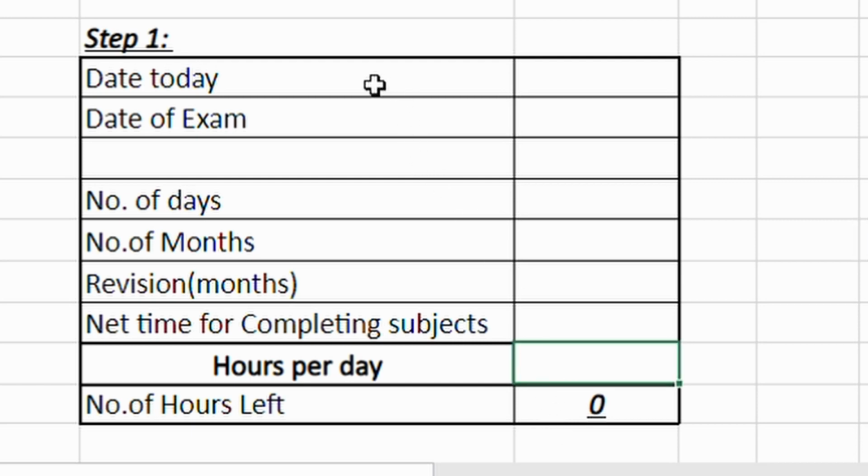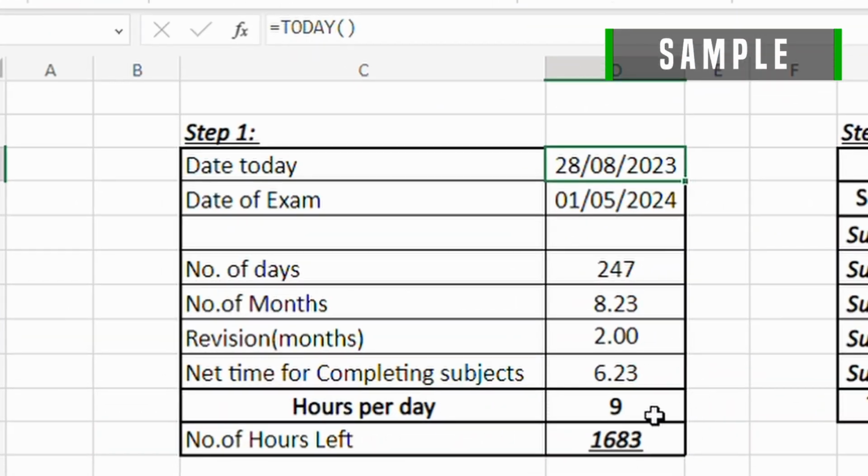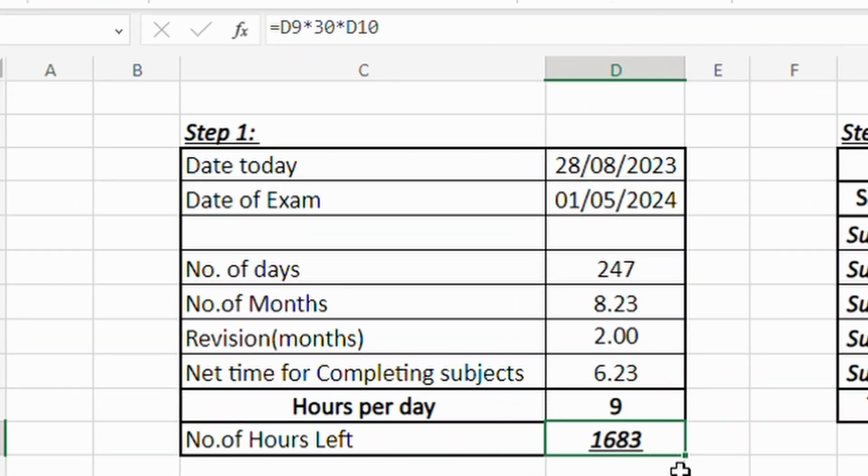So you have to enter all these details, the date today, the date of exam. With that you can find the number of days and then subsequently number of months, and after that you have to decide for the revision months and calculate the net time for completing the subjects. After that you have to find the number of hours left. In this step 1, what you have to do is finally arrive at this number of hours left for you